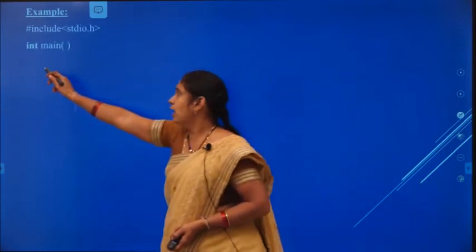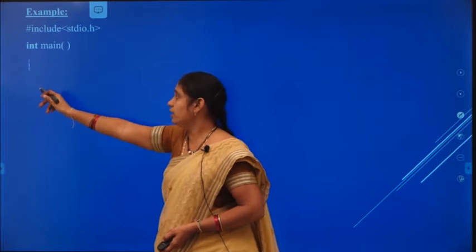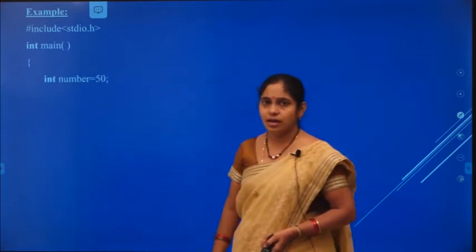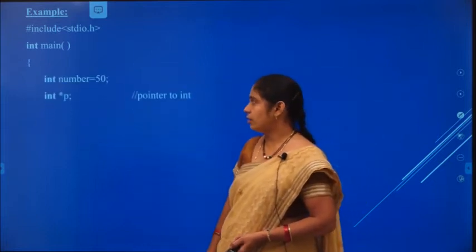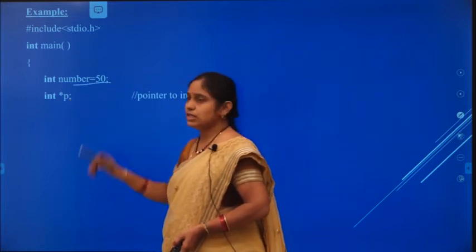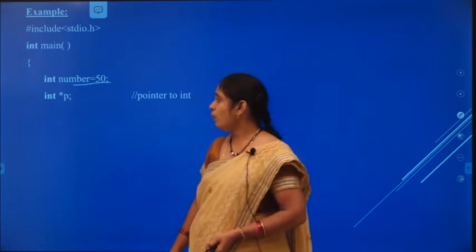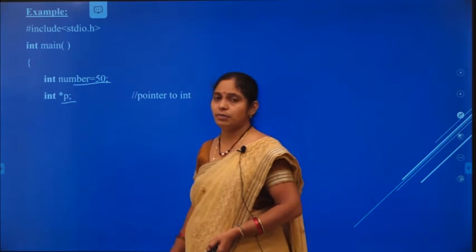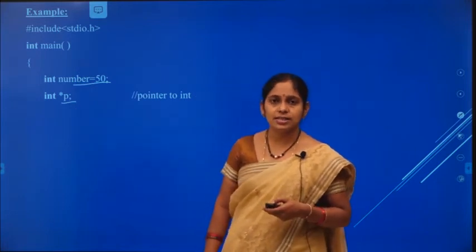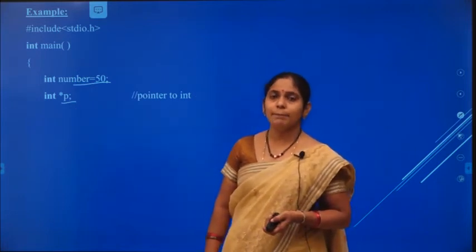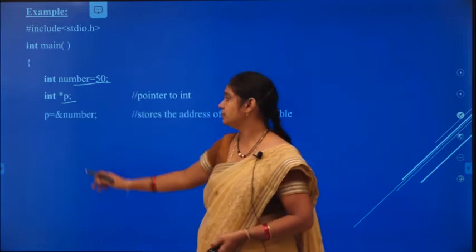We have stdio.h and the main function, and here we declared an integer variable and a pointer variable. The integer variable is initialized with the value 50, and now we initialize the pointer variable p. How? p equal to ampersand of number.